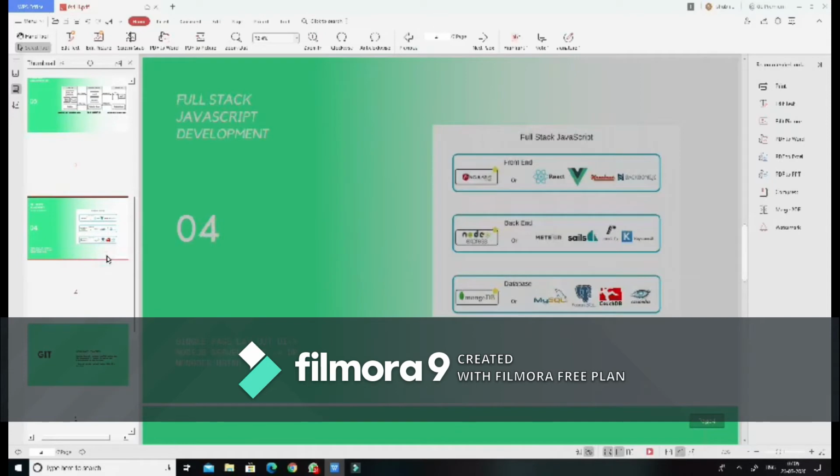Next part. In this course, we will be learning full stack JavaScript development. We will be developing the whole website, or the full web API, with the help of JavaScript-oriented languages. The front end we will be building with AngularJS, the back end with Node.js, and database management with the help of MongoDB with JSON. So the next thing is we need to learn Git.